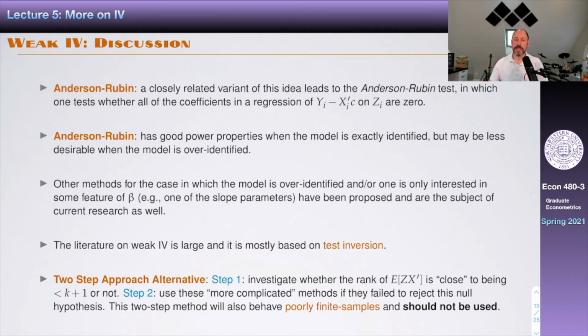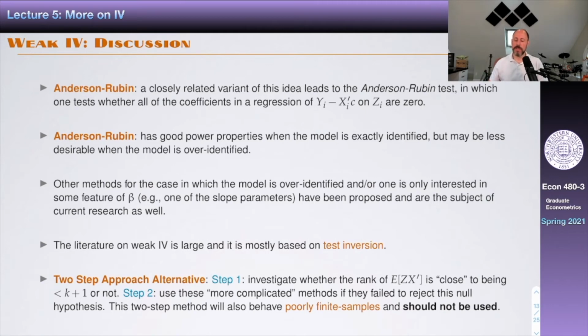So it is mechanically similar to what I said. It involves some additional algebra here, but it's conceptually the same thing. This test has good power properties when the model is exactly identified, but maybe less desirable when the model is over-identified, meaning you have more instruments than endogenous variables. But there's a massive literature on weak instruments and inference with weak IVs